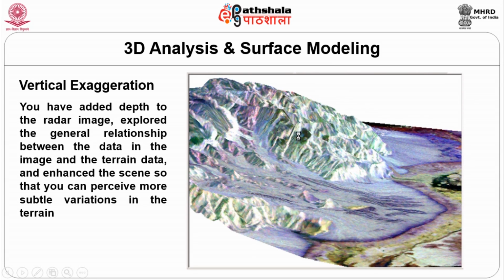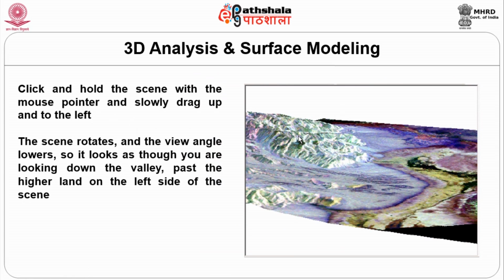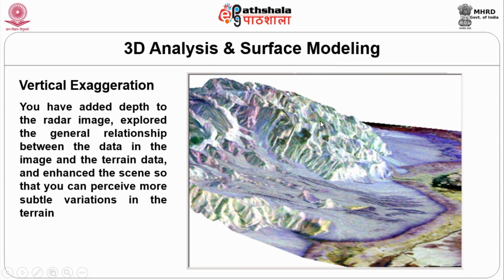The difference in this scene is that that was one way of just going through and looking at it. Another method is vertical exaggeration. As the name indicates, exaggerating the data. So you may know that a given terrain may have a uniform value or different values and different elevations. You would like to have a better visualization. You may find that there is not much variation between the land and the hill terrain. So in that context, you may have to exaggerate the data.